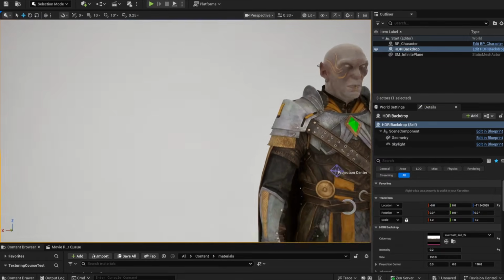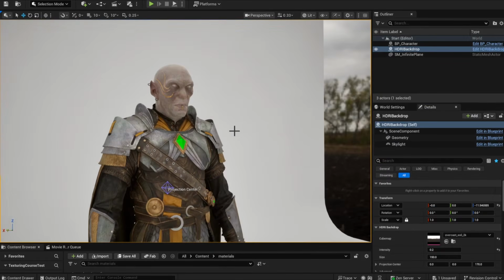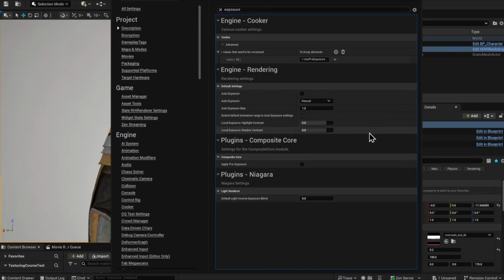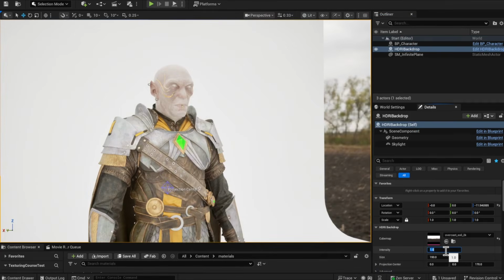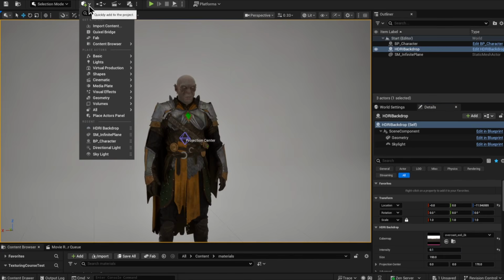But now the effect we're experiencing is this annoying exposure control. Although I know I want to use a camera for rendering, I don't want to work through the camera. So I'll go back to project settings, and in the exposure options, I'll just turn off auto exposure. Now the intensity responds to the number I set, making it much more predictable, and I can adjust it later through the camera or a post-process volume. I can now add an area light